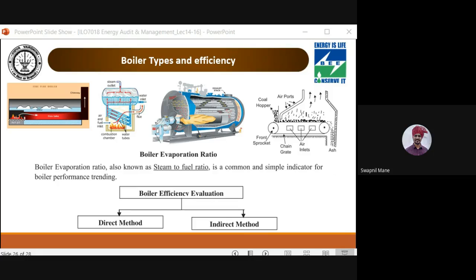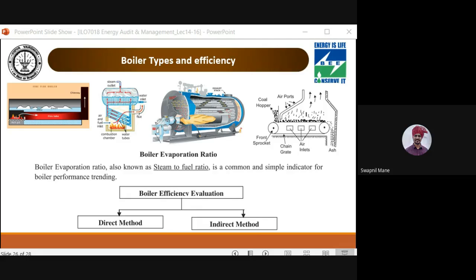But what is the disadvantage for that? The disadvantage is that an additional amount of work is to be done by the ball mill to grind this coal to powdered or pulverized form. Additional work is to be done by another component, that is the ball mill. Okay, now regarding the performance evaluation of the boiler, there are two parameters by which we evaluate